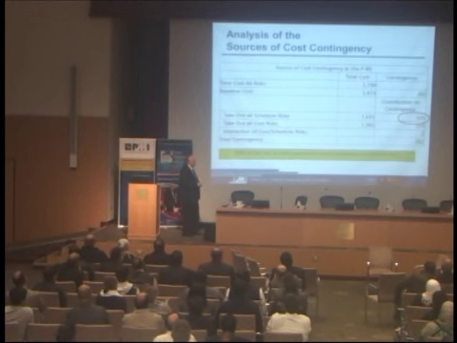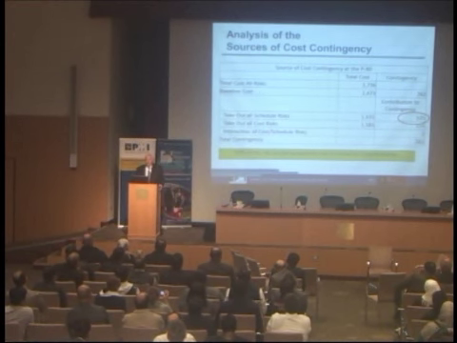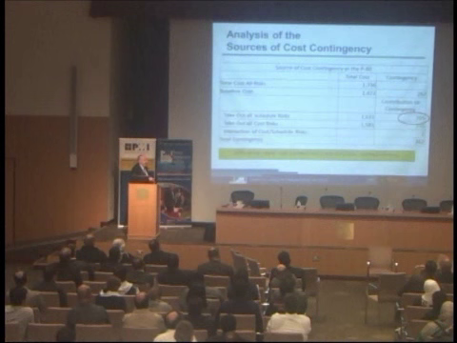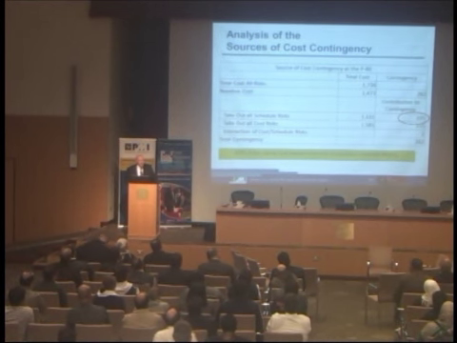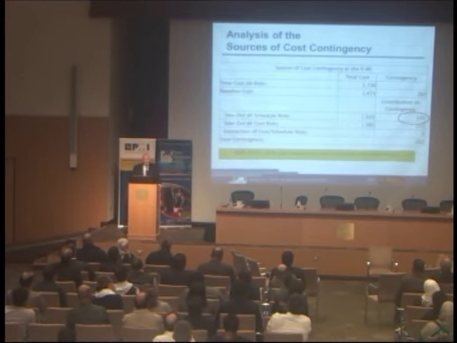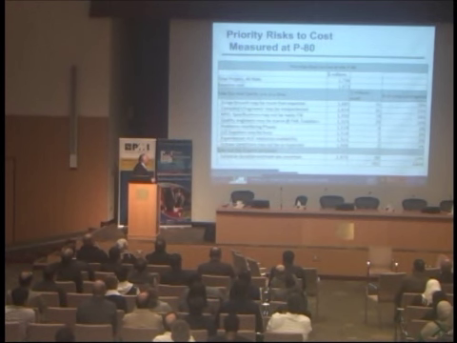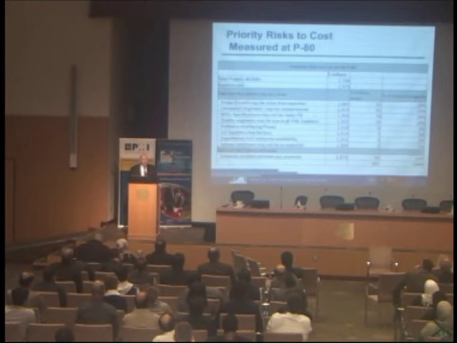And 60% is due to cost risks. Again, another reason to tell you that you ought to integrate cost and schedule risk in one analysis. And you might miss a fair amount of that 40% of the contingency reserve that comes from schedule if you don't do integration of cost and schedule risk analysis. And again, you've got priorities of risk to the cost, and some of these risks to the cost are large because they cause schedule risk,